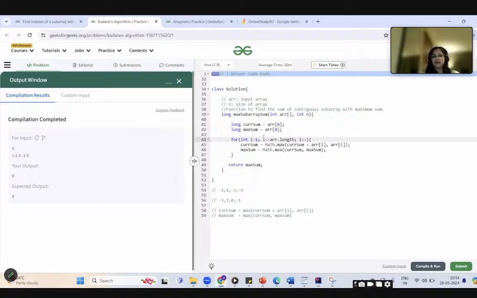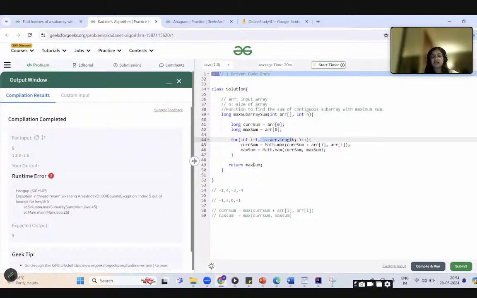Okay, so I'll run this and let's see what happens. I'll say that we will get a compile time error, but I'll say that we will get some error. Let's see what it will be. Yes, you can be asked questions like whether any exceptions have occurred while solving the problem. This is the kind of case where exceptions do occur. Here I am getting one exception: array index out of bounds exception.